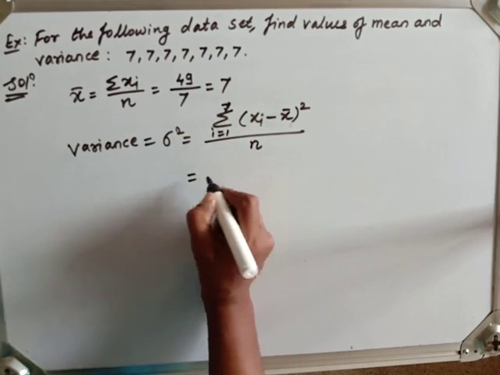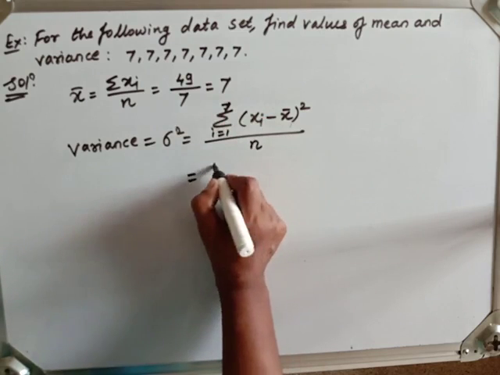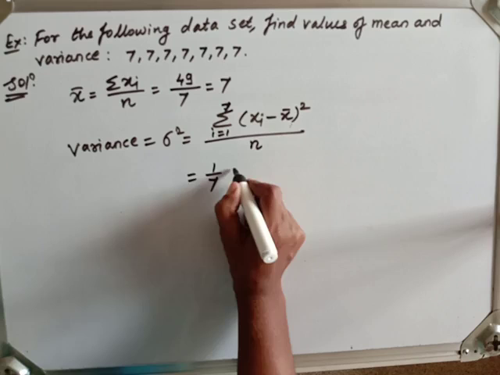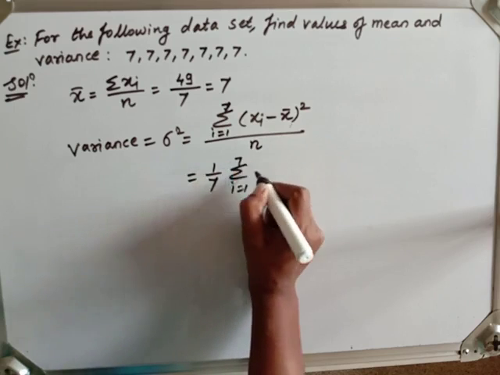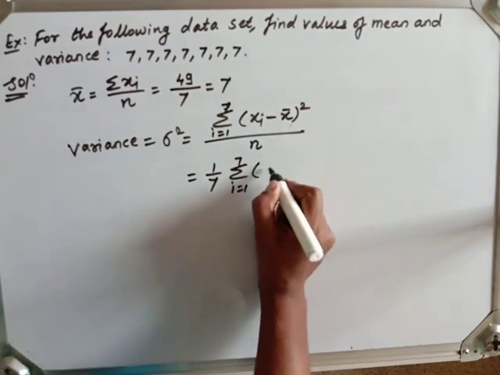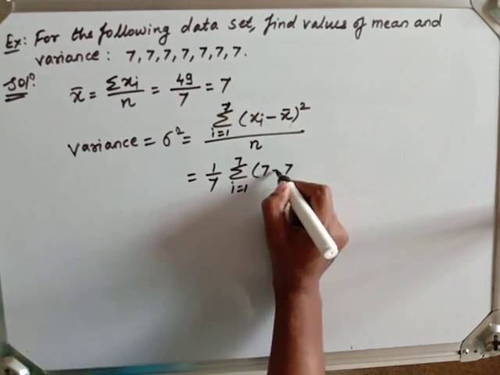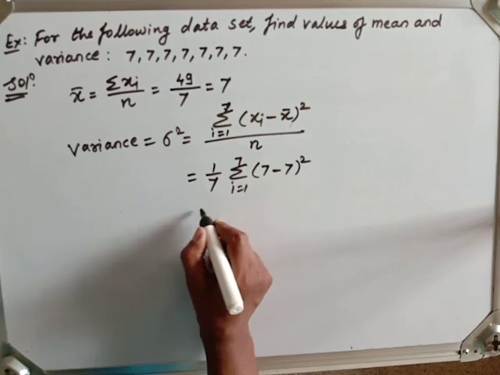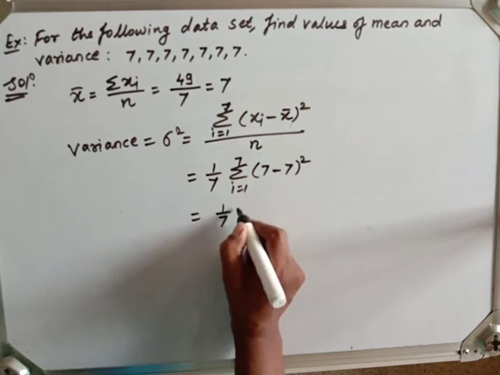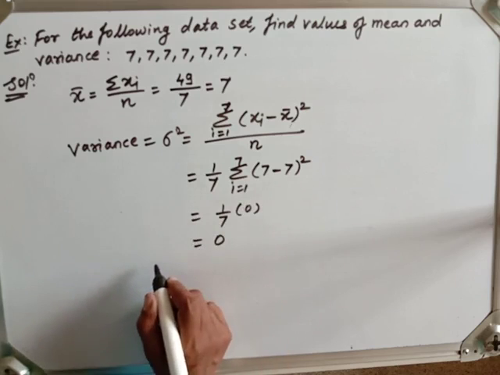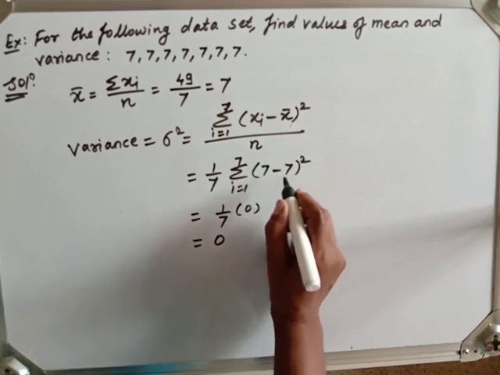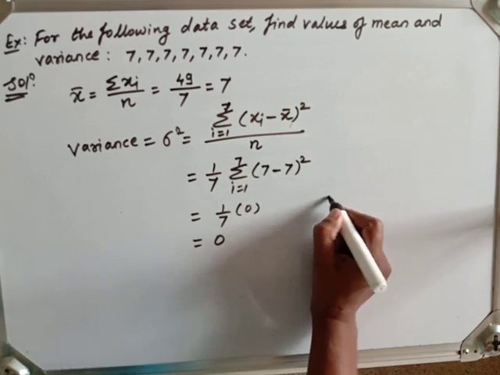This is our result here. So n will be 7, and in this summation i from 1 to 7 of xi, each xi is 7, and the mean is 7, its square... So this is 1 upon 7 into 0. So that is 0. As each xi is 7, that's why here we get